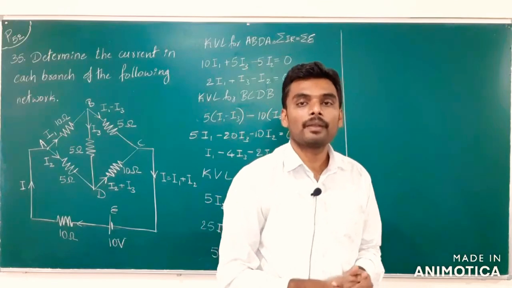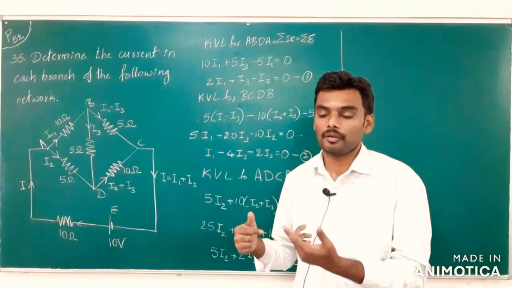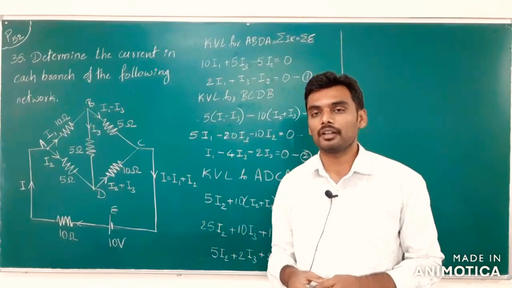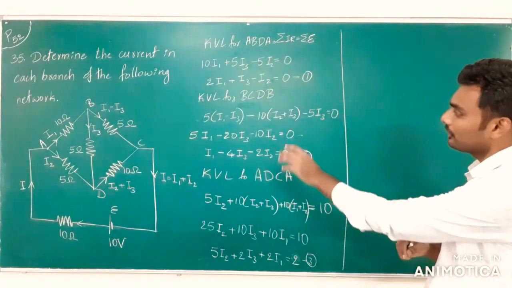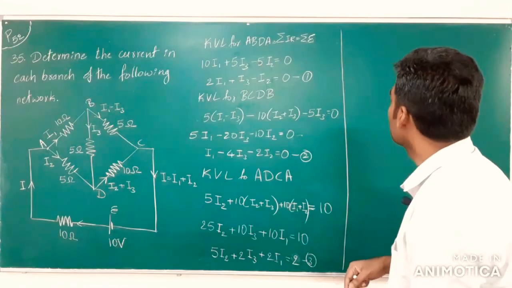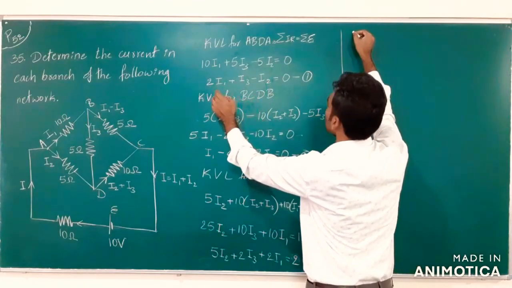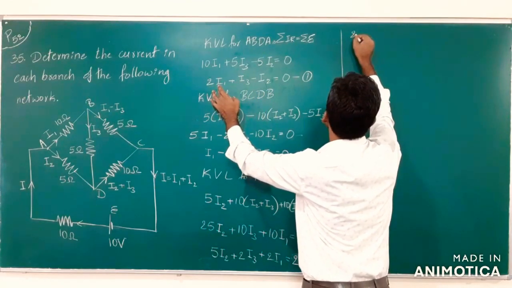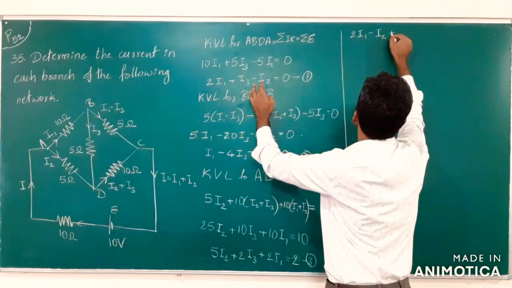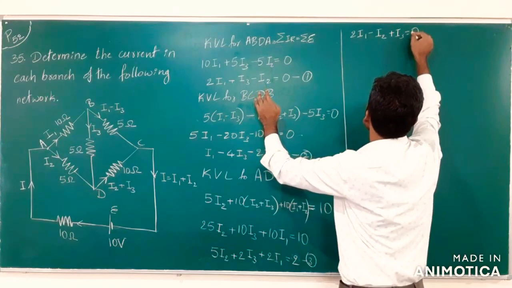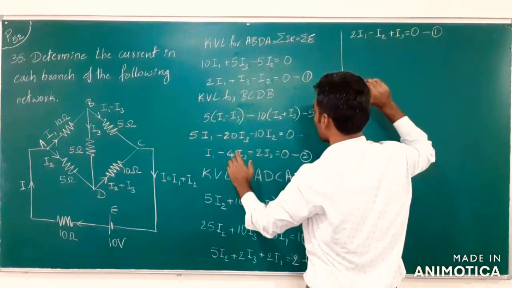How do we solve? You might have heard of Cramer's rule from your mathematics of this year itself, determinants, right? We are going to make use of that. Before I go for Cramer's rule, I want to write the equations in a proper way. So I1 first, I2 next, I3 at the last. So the first equation is 2I1 minus I2 plus I3 is equal to 0. The terms are rearranged.